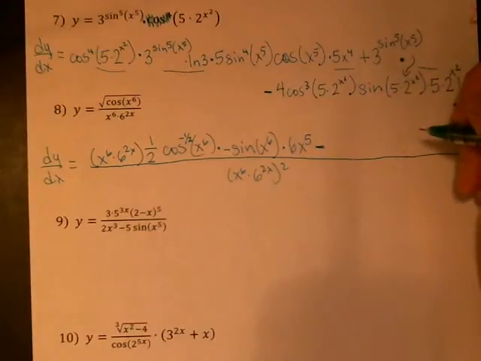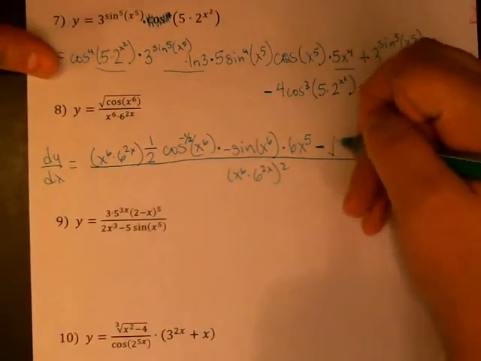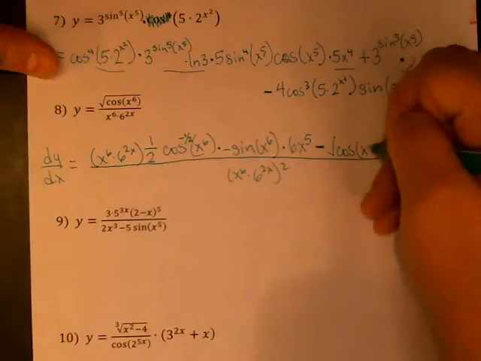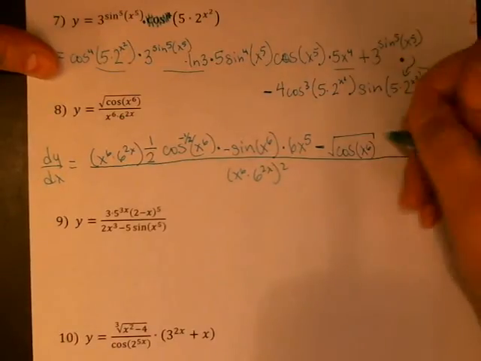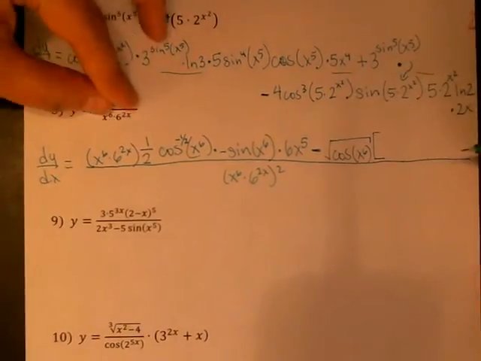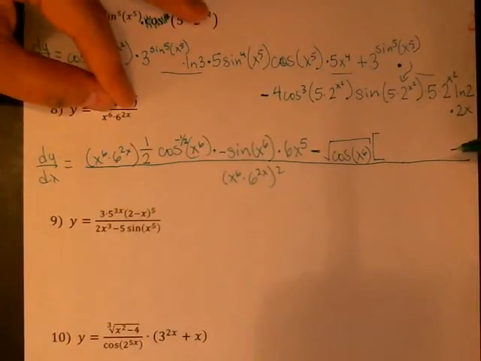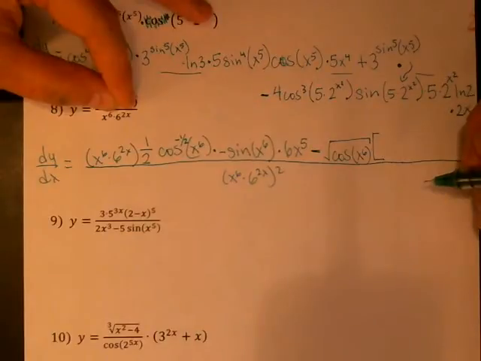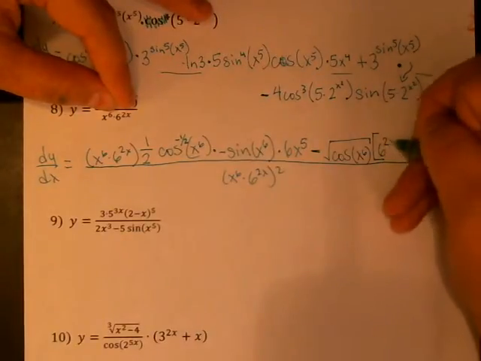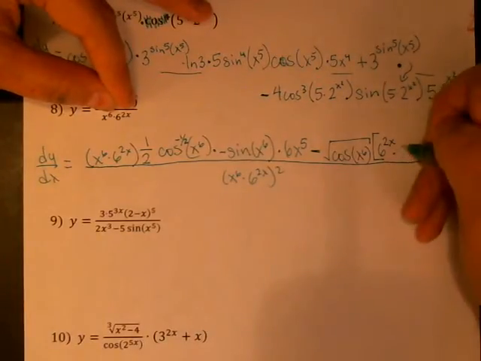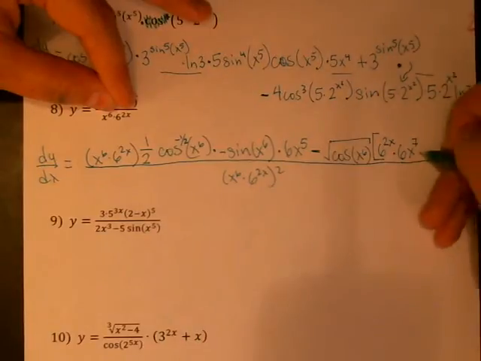And then we have a minus the top times the derivative of the bottom. And the bottom is going to be a little product rule. It's not anything too messy, but we still want to be careful. So it's going to be the second times the derivative of the first, which is 6x to the 7, plus